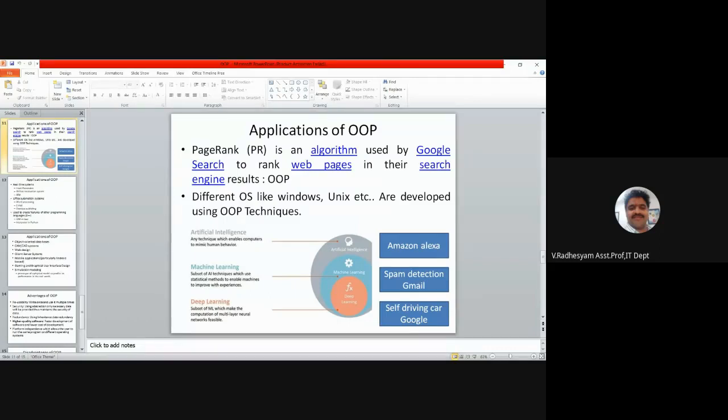Likewise, we need to write an intelligent program using machine learning concepts, which will be inculcated inside Gmail, so that Gmail can identify whether the mails received by a particular person are spam or not. These intelligent programs can be written using Python. Since Python is also object-oriented programming, I have listed it as an application of object-oriented.